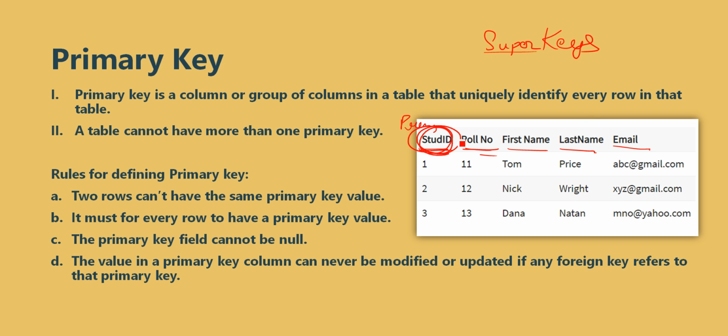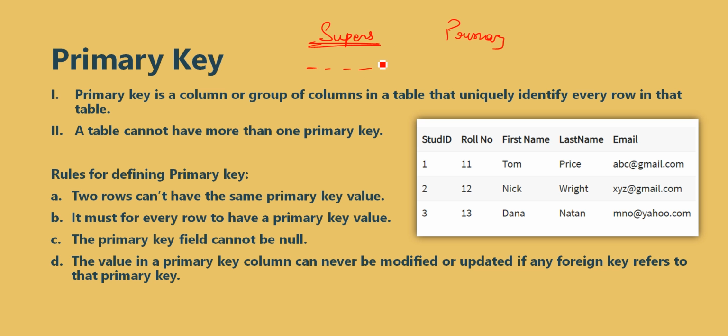But we have only selected this student ID as a primary key, because there is only one primary key in a table. Only one primary key. So we have selected student ID as a primary key. Okay. Now did you understand the difference between super keys and primary key? We have options, different columns, to select any one of them or a combination of both as a primary key. When that column is selected as a primary key, then this column will be termed as primary key.